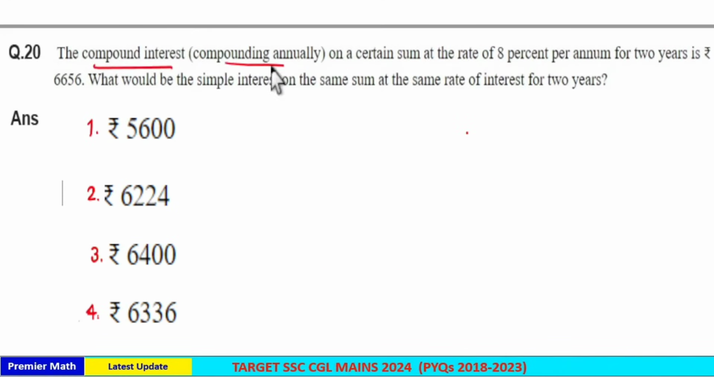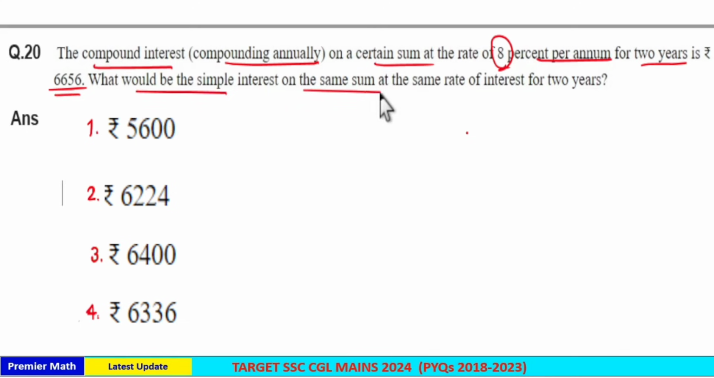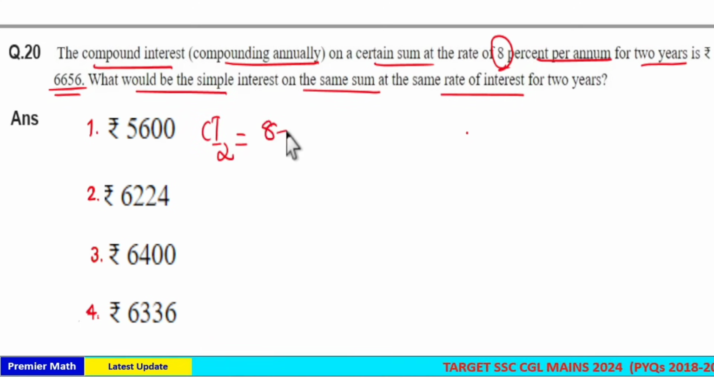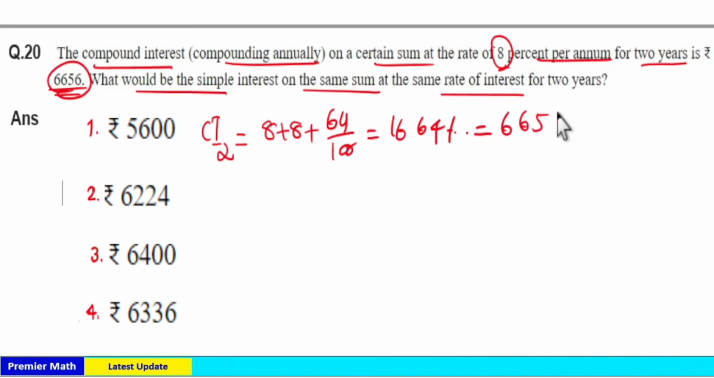The compound interest compounded annually on a certain sum at the rate of 8% per annum for 2 years is 6656. What would be the simple interest on the same sum at the same rate for 2 years? Here, for compound interest for 2 years, use the formula a plus b plus ab by 100, which is 8 plus 8 plus 8 into 8, 64 by 100, which is 16.64%, and which is given in the question as 6656. Then simple interest for 2 years is 8 plus 8, 16%, which is equal to 6656 divided